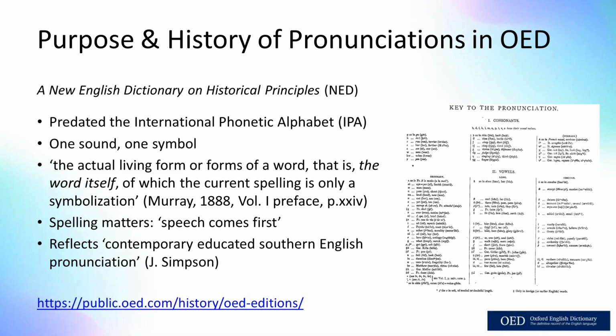One of these is the explicit idea of one symbol for each simple sound. NED's approach was not to use a respell system that was reliant on English letters, but the majority are Roman letters with historical values. So the consonants in particular share quite a few similarities with the IPA. You can explore the NED pronunciations on the OED website at the link shown. You'll see differences, such as the voiceless dental fricative, the th sound, being represented by the symbol thorn rather than theta, as in the IPA. But you'll see similarities, such as sh being the symbol esh and ng being the symbol